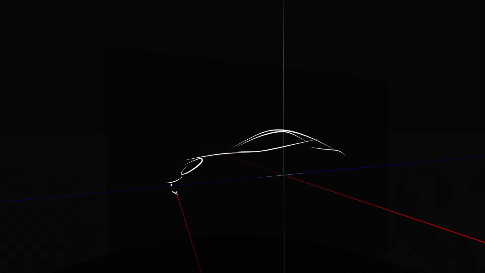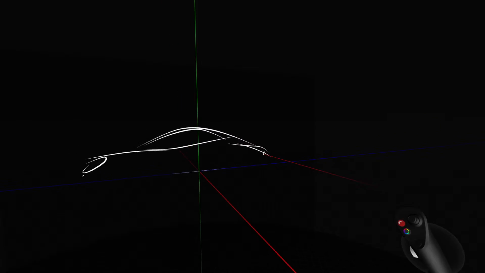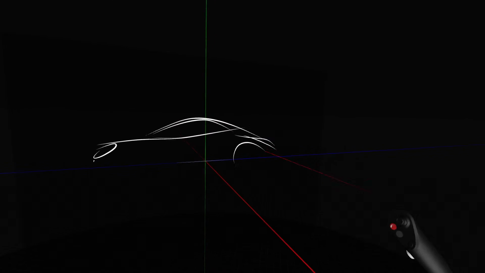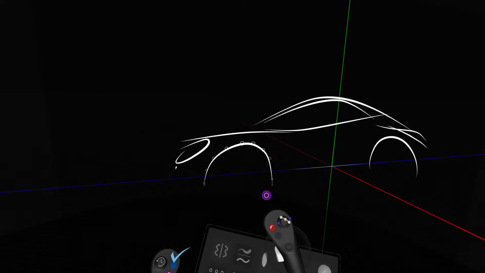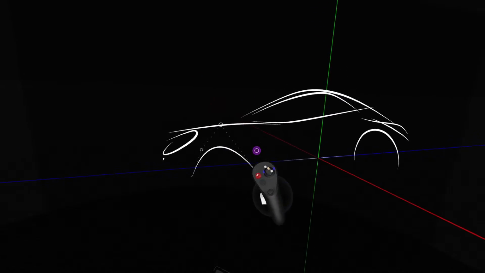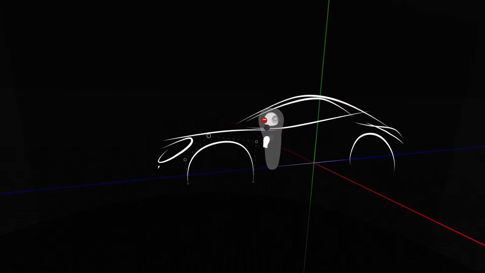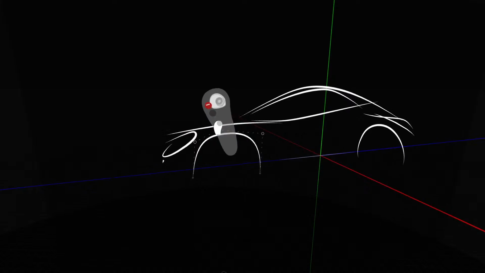Let's see, forgive my car sketching here. Just trying to show you an example that you can start in this way, and you can very much go right into 3D soon after this,